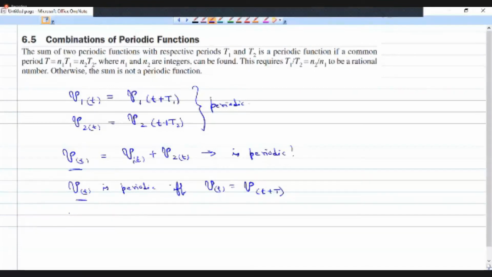That is how we have defined this, right? So this will happen